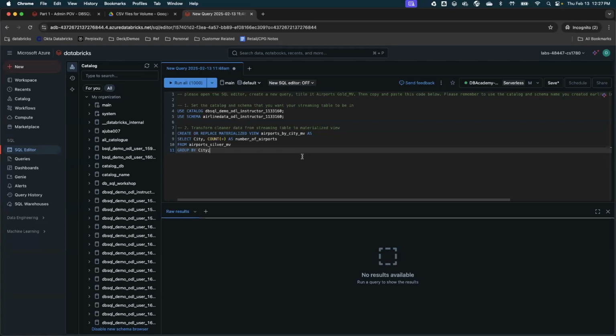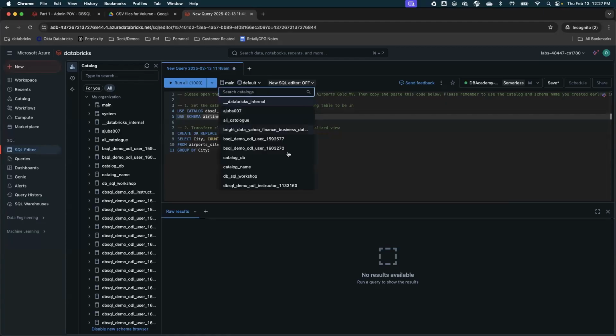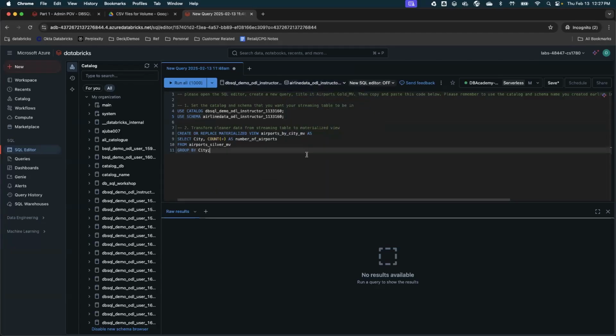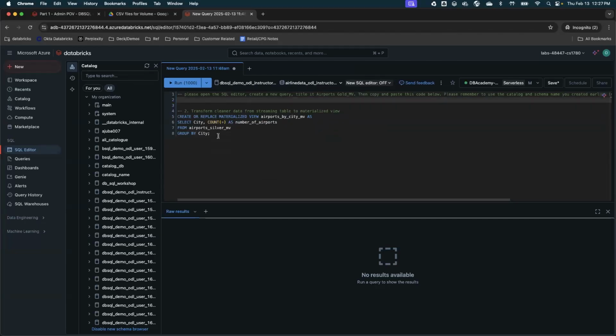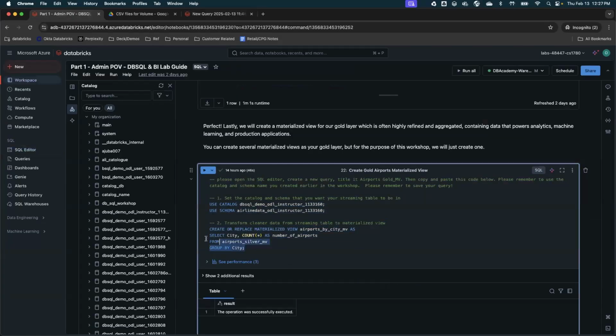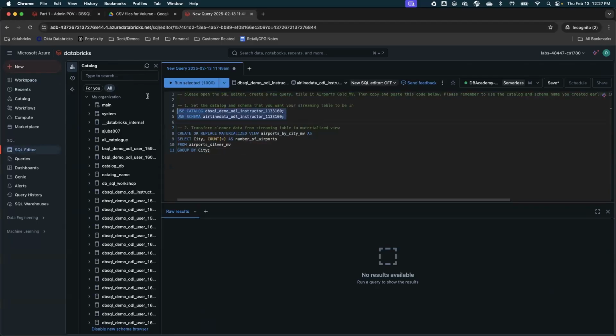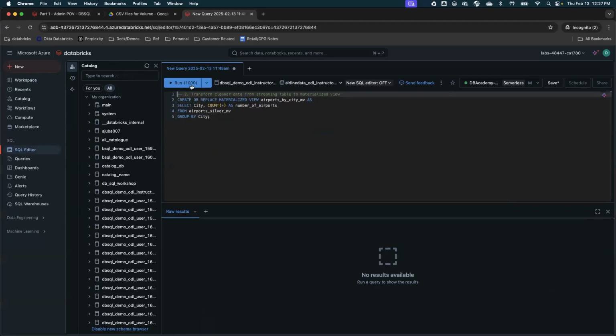Now, to avoid repeating the step of copying the catalog name and schema name, what you can ideally do is select your catalog from here. You can select your schema from here, and when you are copying the query, you can skip this part, and then you can directly copy the query from the notebook. So I'll just need to copy this part, and then I will be able to just paste the query, and then this will run fine because I have already selected the right catalog and schema.